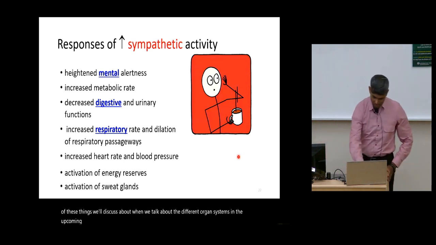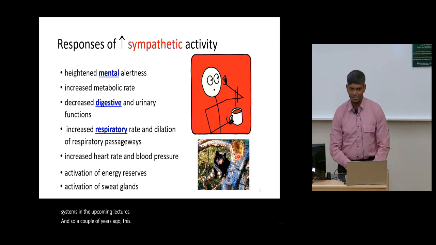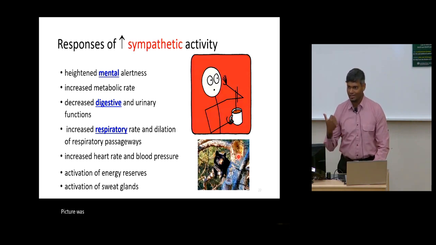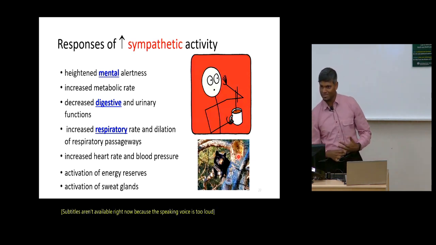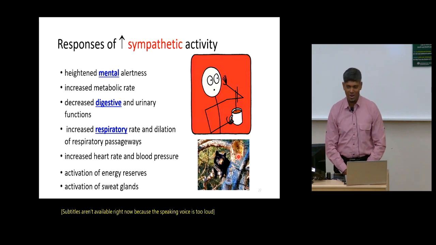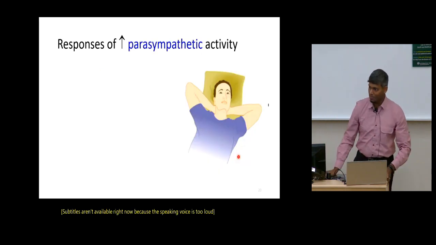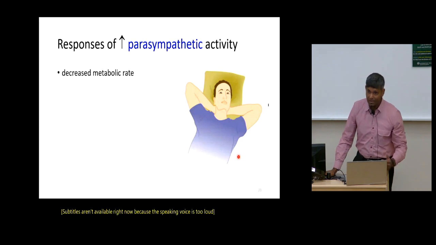And so a couple of years ago, this picture was circulated. Anybody recognize this? Not the TAs. Yes, there was a bear on campus, right? So if you were one of those who happened to see the bear on campus, you probably would have had sympathetic activity being increased. Now the opposite to this would be the response of the parasympathetic activity, which would be